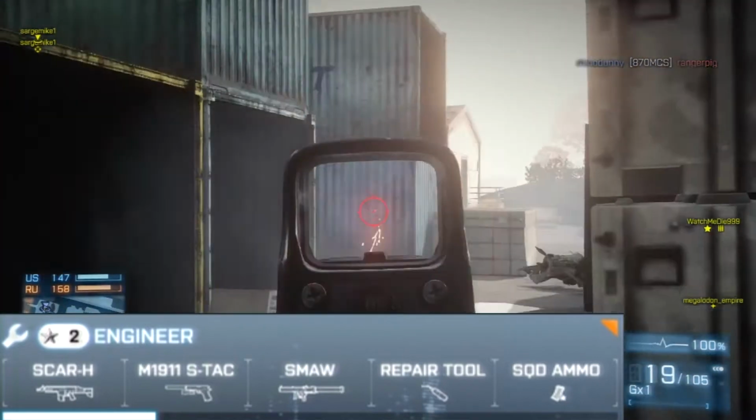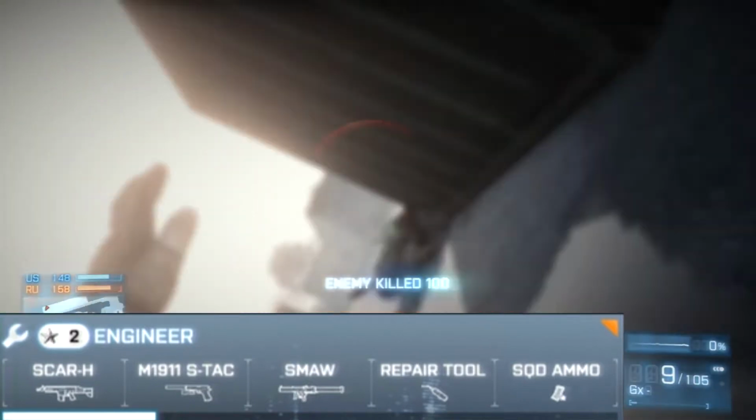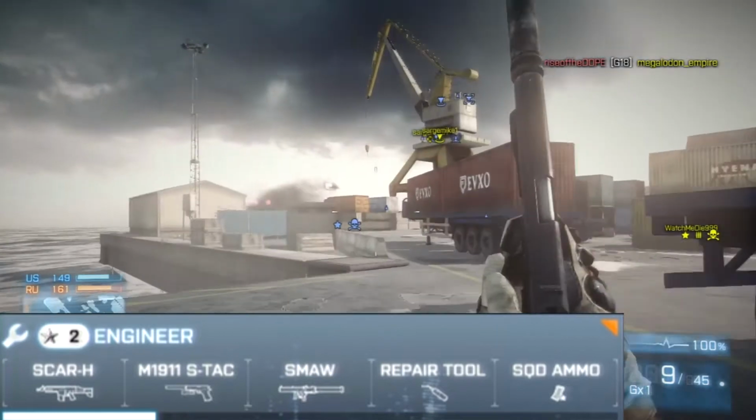You could use squad explosives, like I said, if there are vehicles on your map, and the vehicles can get hard to kill. So what I recommend using is landmines instead of a repair tool, and squad explosives rather than squad ammo. But then at the end it also depends on what your